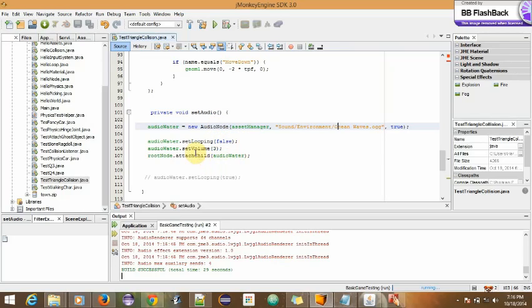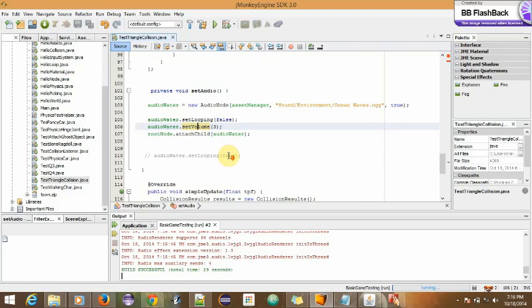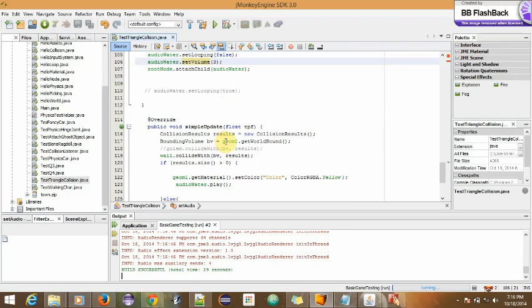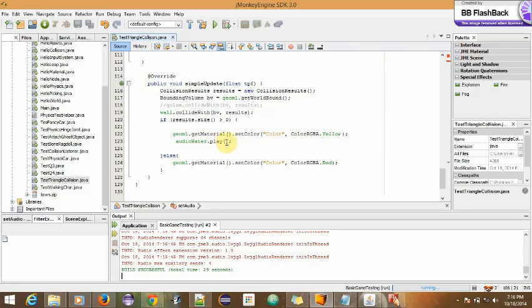There are some settings we can apply to the audio node, like volume. For this we have used the setVolume function and we have set the volume as 3. Next we can use the looping function if we want to play the sound continuously, but we have set it as false because we wanted to play the sound on a specific event. Then we need to call the play method of the audio node to play the sound.